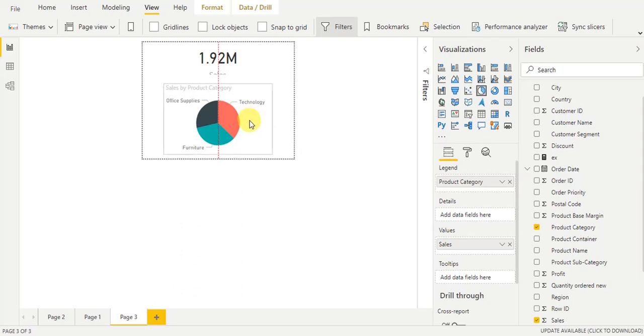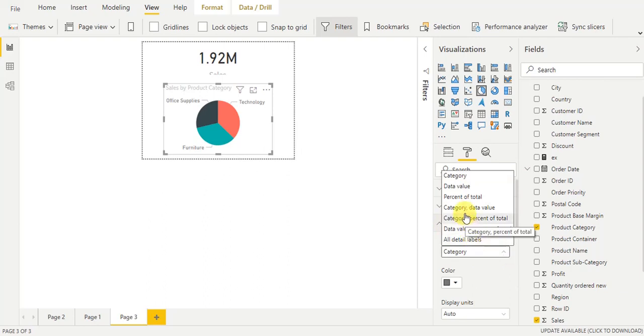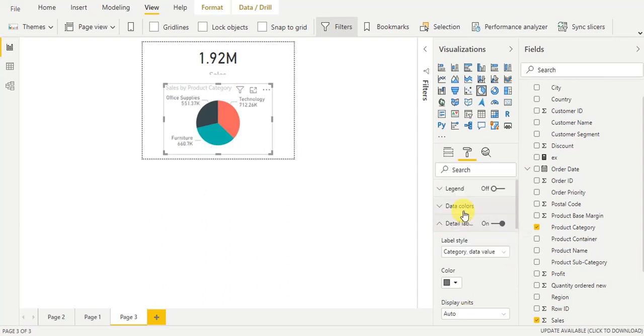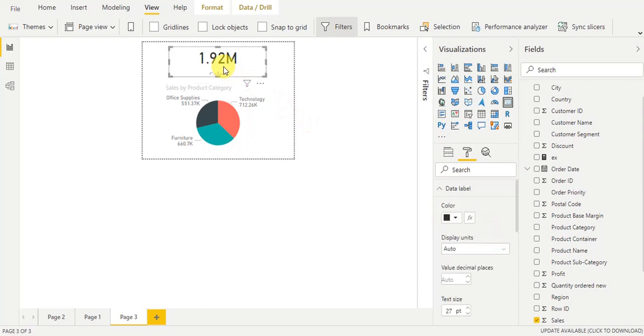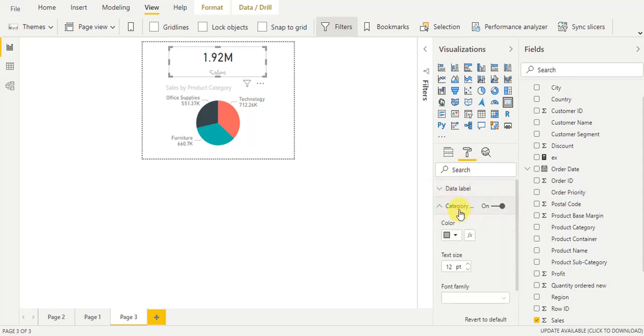And also I enable the data label for the pie chart. So I go to the format tab, and then I enable the data label with category and data value. So you can see here, and for the card visual I decrease the font size, and also for the card category I decrease the font size to 9 pixel.